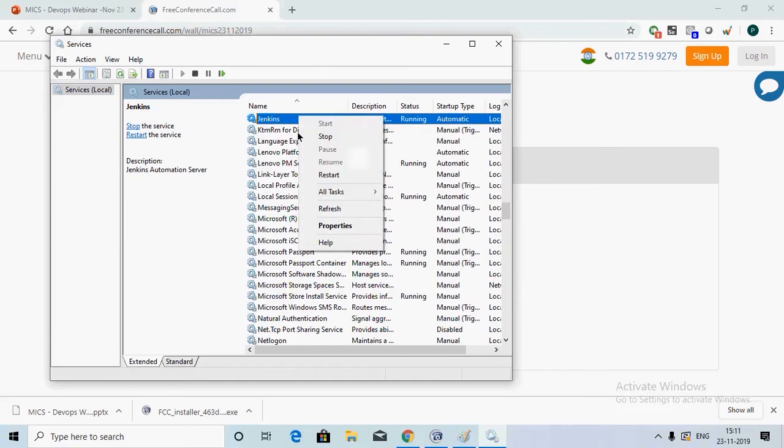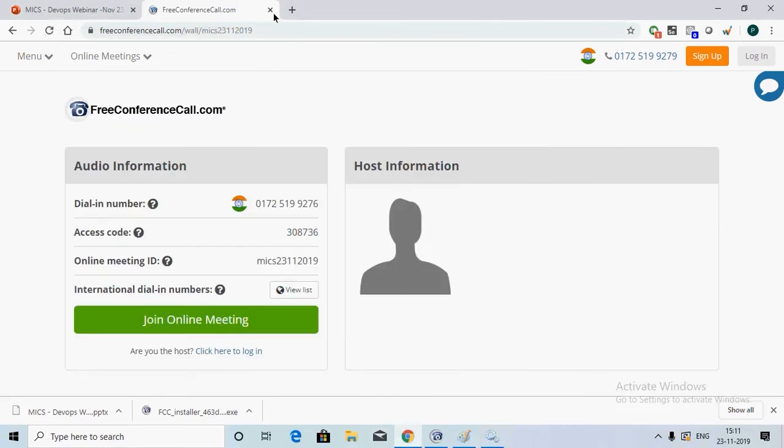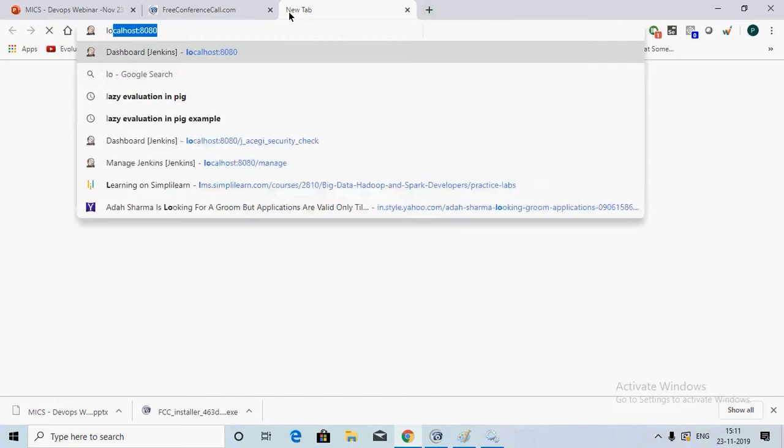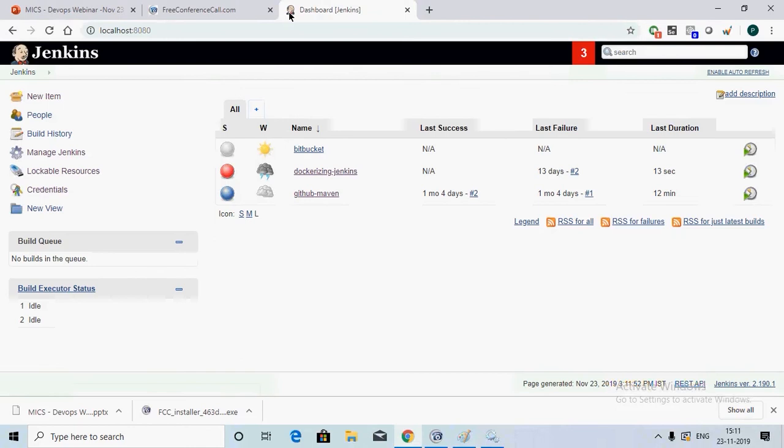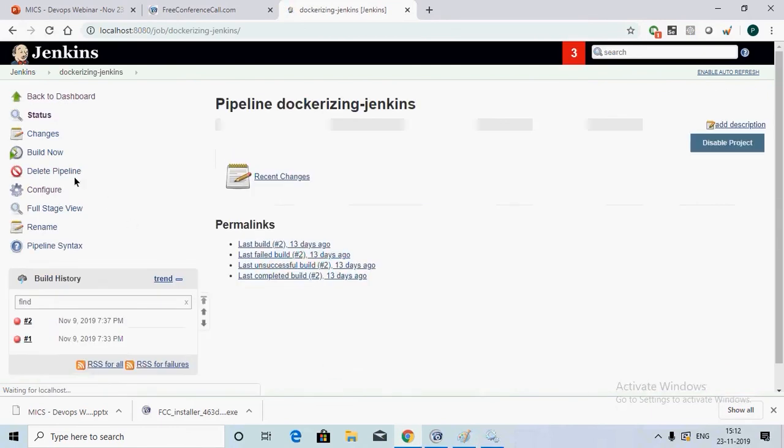Okay, I think it is running now. It's loading now. Can you see here? This is my Jenkins build. For example, I would like to actually build everything together.